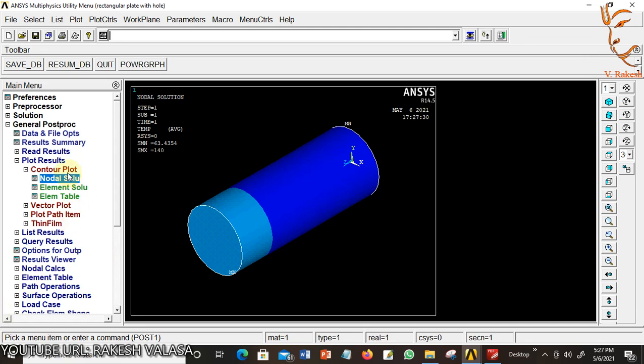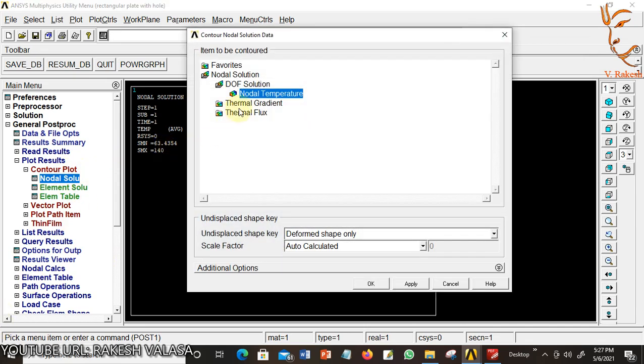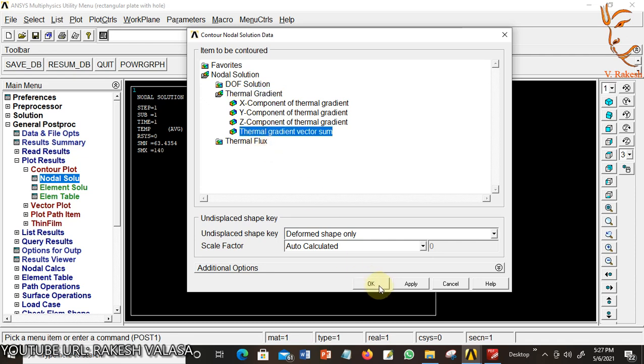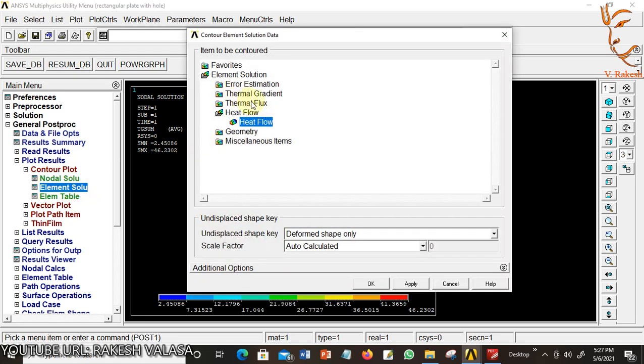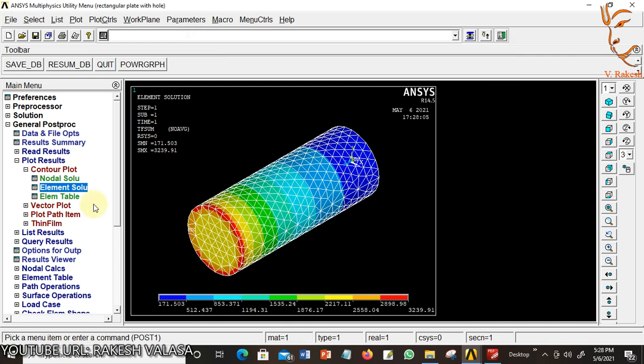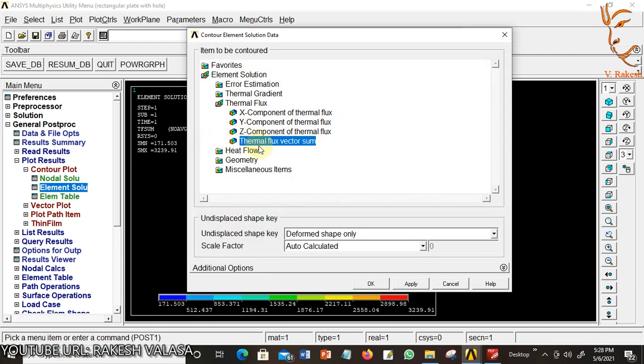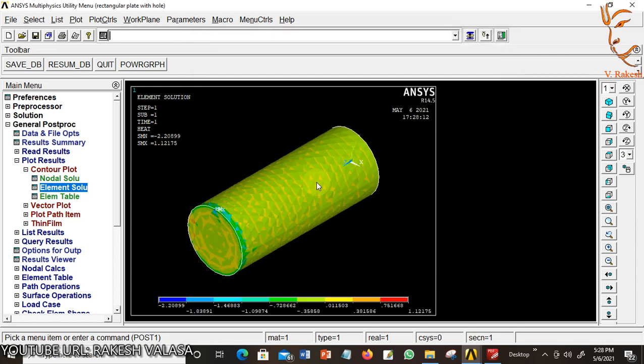Next one is nodal solution, thermal gradient vector sum. Okay. Next, element solutions, thermal flux vector sum. Okay. Next, heat flow. Okay, you can see the heat flow in this figure.